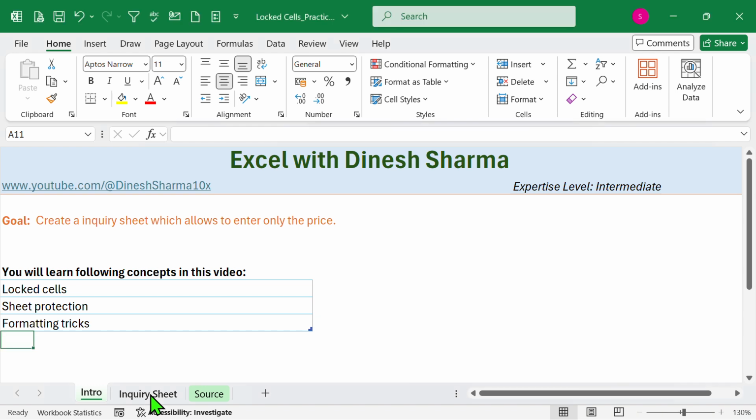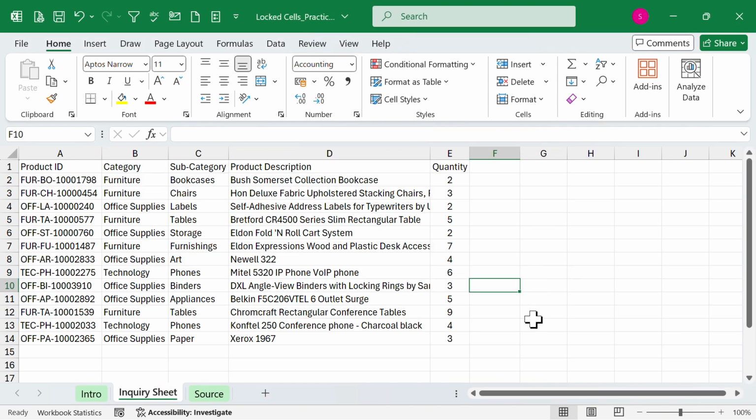So let's jump start. Here I have a sample file where I have some products, the category, their subcategories, product description and the quantities. And these are the products I want to buy and I want to send the inquiry of these items in this Excel sheet, but I don't want the suppliers to make any change in my existing